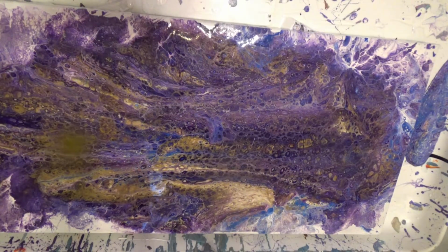Right now I'm just going to be doing these pours, getting things ready for this art exhibit up in Latrobe. I'll be selling art as well as jewelry. My daughter's going to be selling some CDs from her husband, and it should be a pretty nice event up there. I've never been to Latrobe. I've been to Ligonier, but it's all pretty nice up in that area. So if you've ever heard of